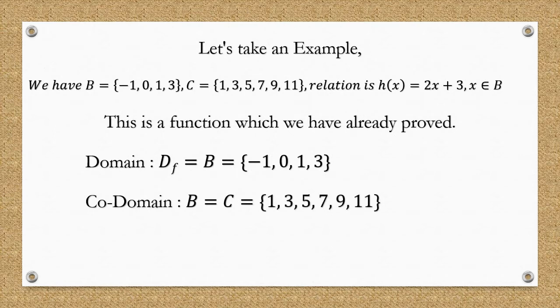So domain is the set B from which we are taking the values. Codomain is the set C in which we are going to find the answers. And when I put all the values of B, that is the domain, into the equation, 1, 3, 5, 9 is the value which I will get. Okay, where I put -1, 0, 1 and 3 into 2x plus 3, I get 1, 3, 5, 9. These are the answers which I get. That means those values are called range of the function. I believe only by taking certain illustrations and solving sums can we understand this better. So let's move forward with that.